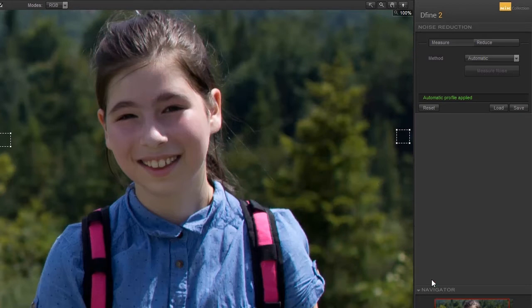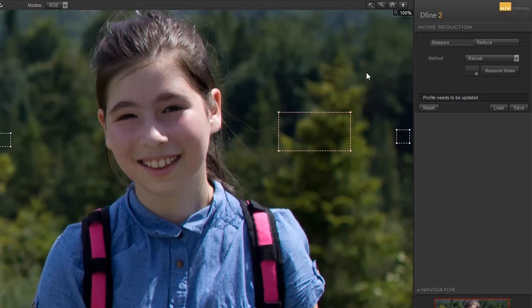However, you have more control. You can, for example, create your own squares for the program to look at. To do this, behind Method, click on Automatic and choose Manual. Below, you can now click on the Add Rectangle button and drag over an area you want to be denoised. You can also move and adjust the size of the rectangles.